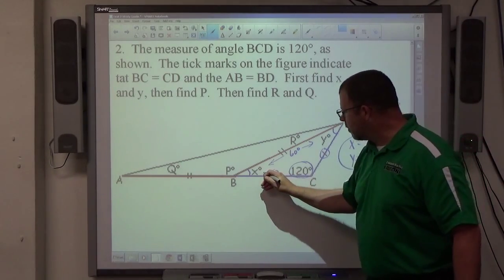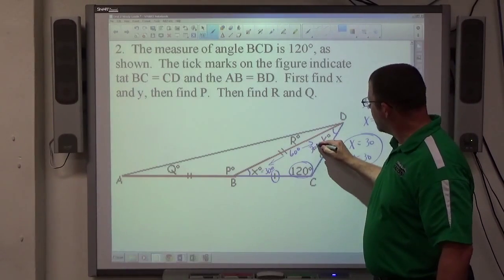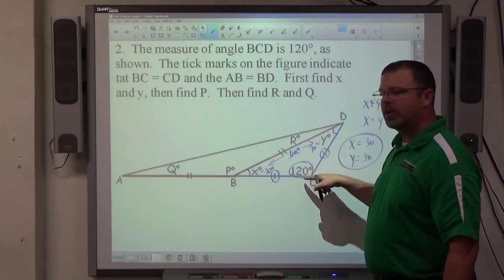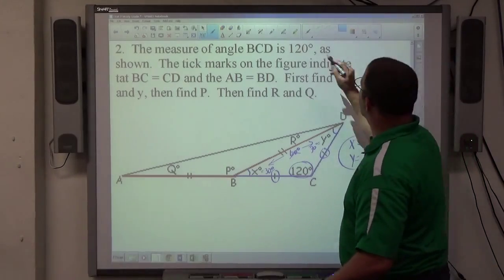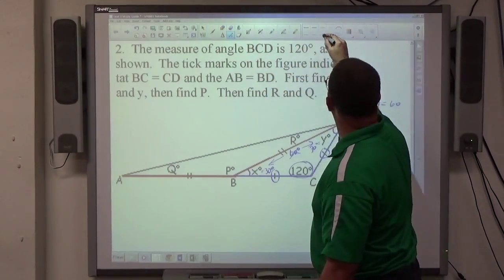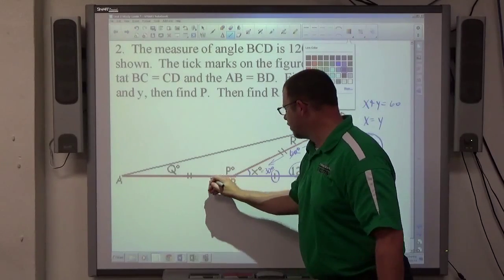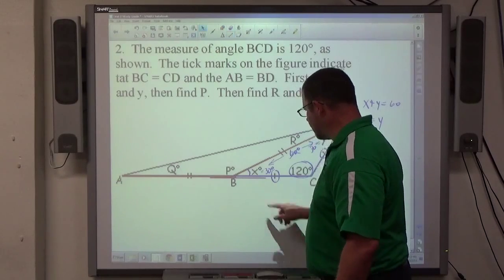Once I establish their measure, I'm going to put x equals 30 right here. I'm going to put y equals 30 right here. We can quickly verify. 30 plus 30 plus 120 is 180. We have a triangle that's legal. Everything's good about it. Next thing I'm going to bring to your attention is the fact that we have a straight line going on in this problem. This is a straight line right here. And if we focus on this straight line,